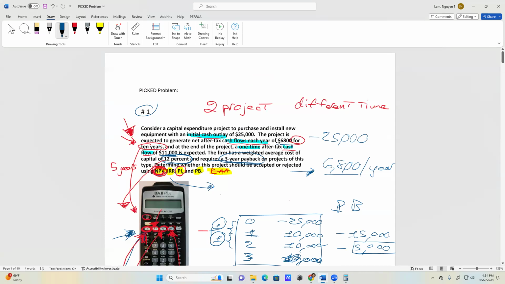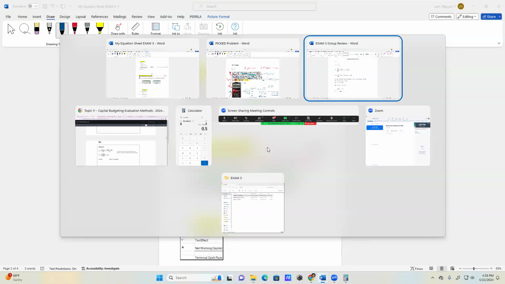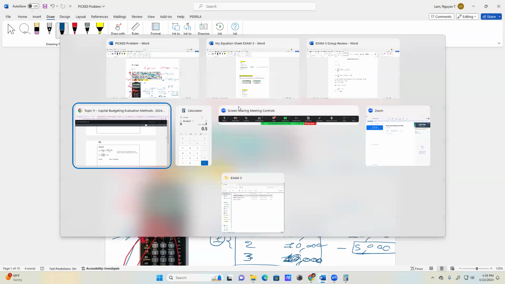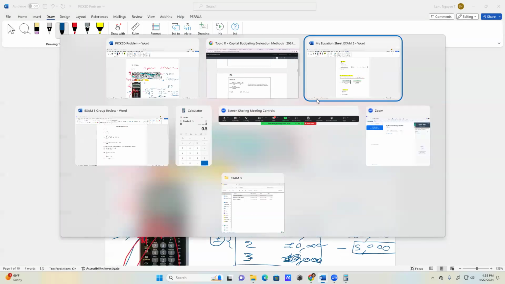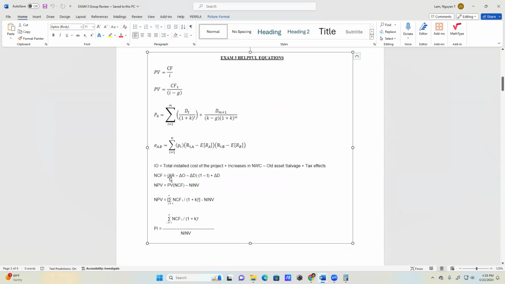Another thing you have to find is right here, the cash flow each year of 6,800. There will be an equation to find the cash flow, and it's also given to you right here, net cash flow. So initial outlay is given to you, net cash flow is given to you. What isn't given to you is